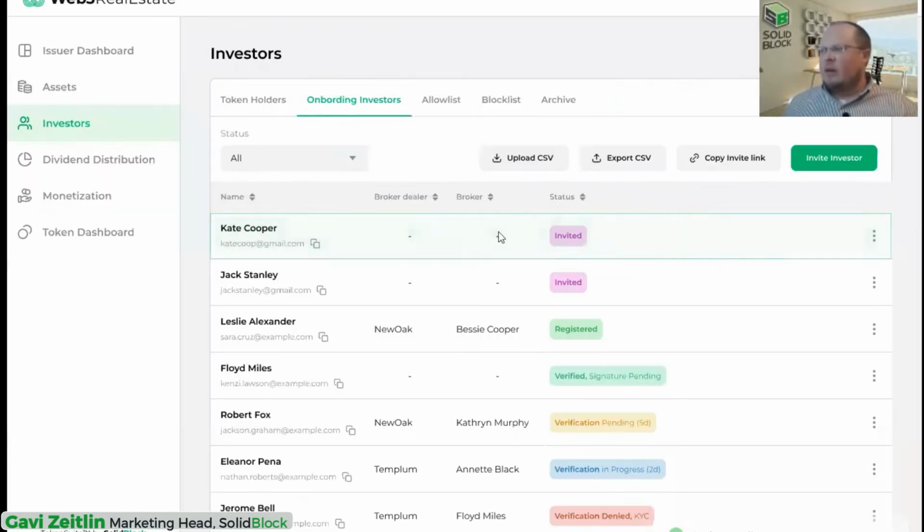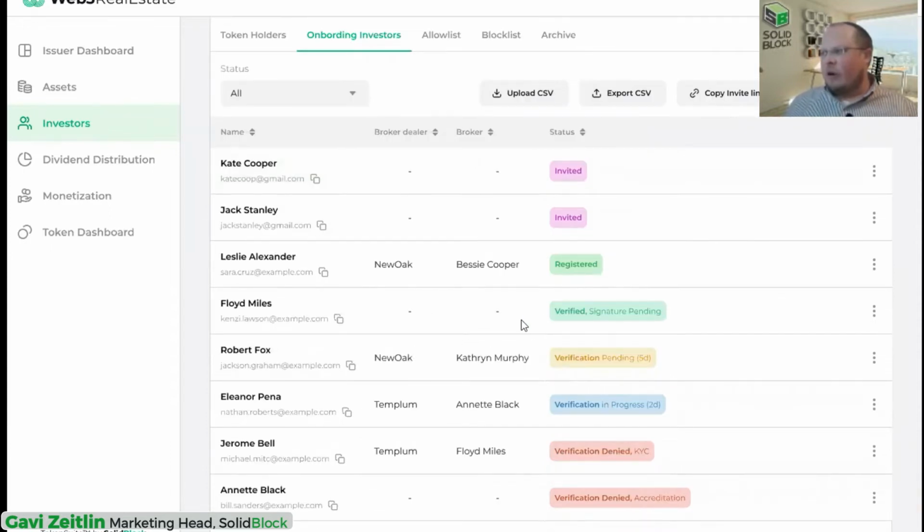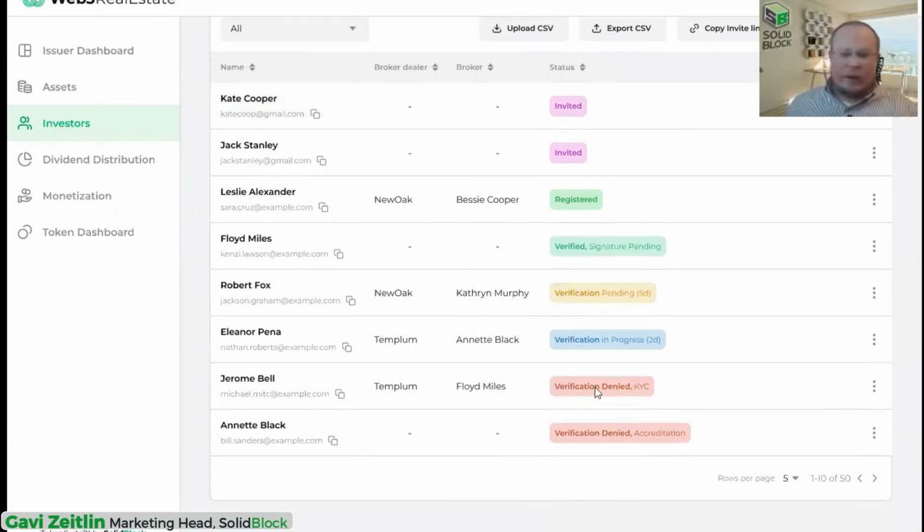And they'll get added to this onboarding area where you can see now what stage everyone's in. This is actually an important phase to know when people are onboarding, because it shows you where they're at in the onboarding process. It shows you, have they been invited? Have they registered yet? Are they verified? Have they gone through KYC, AML, or has their KYC been denied for whatever reason? To kind of give you a full 360 view on everything that's happening with all your investors as they're being onboarded. But you don't necessarily have to be involved with anyone unless there's a problem. And I'll show you why and how that is in a moment.